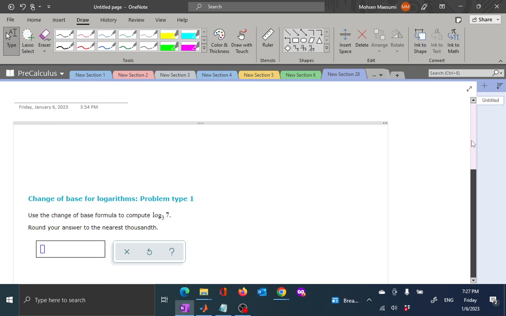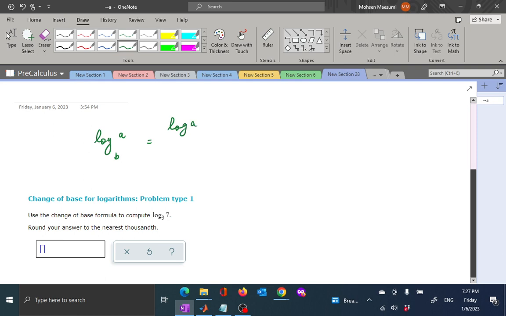the change of base formula. So the change of base formula was: logarithm of, say, a in base b is the same as logarithm of a in base c divided by logarithm of b in base c. As usual, our entries are positive numbers and bases are different from 1. So all that it takes is that we are going to apply this in these problems, and that's all there